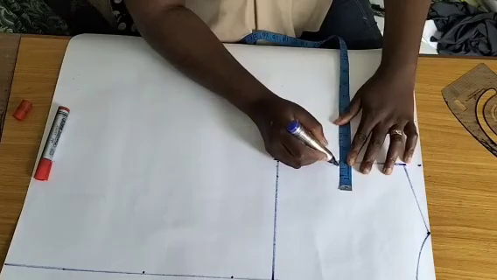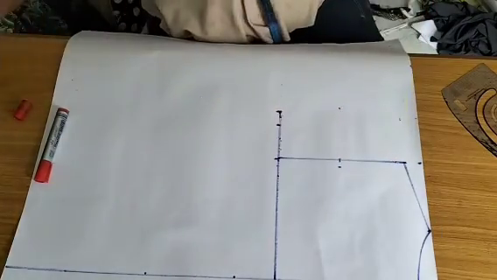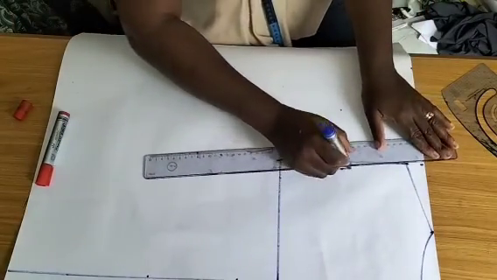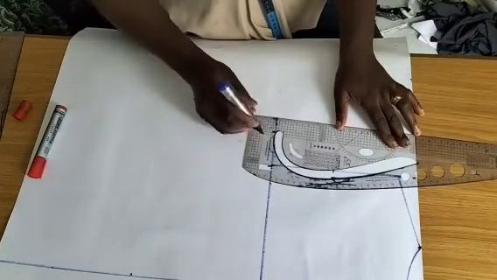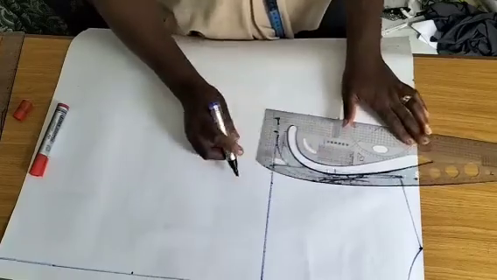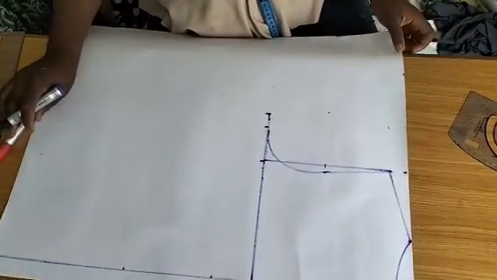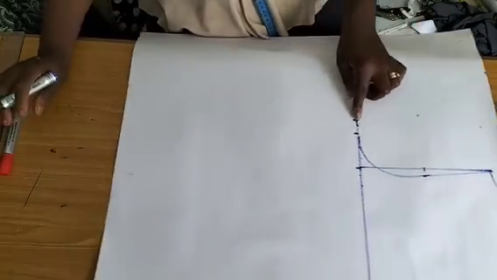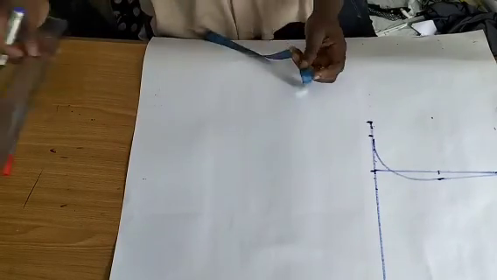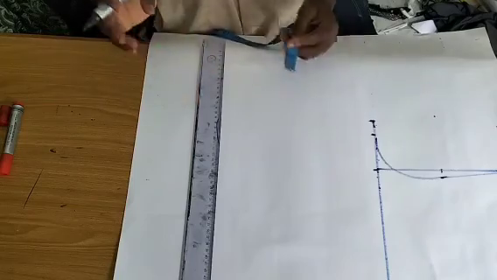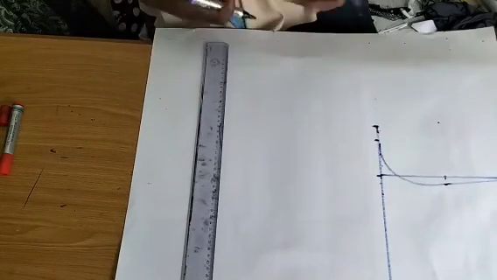For the back armhole, I'll come in by 0.5 and I'll connect. Then I'll come back with my pattern ruler and connect directly to the bust circumference or anywhere on the chest line. So for this, on the hem line, I'm going to use about 2 inches above the